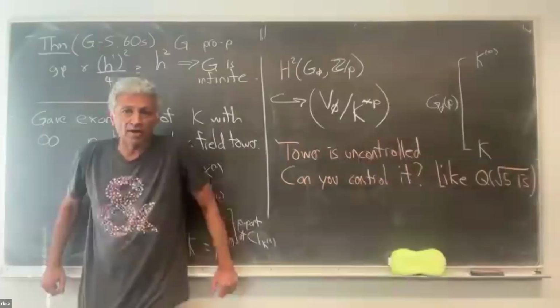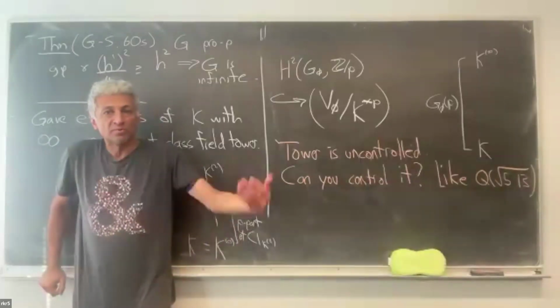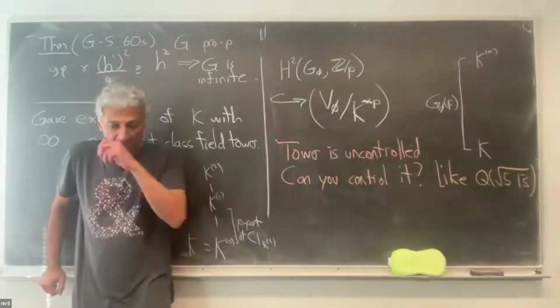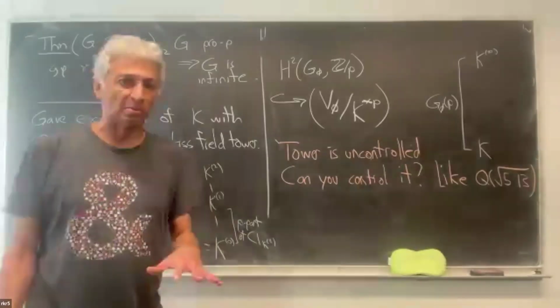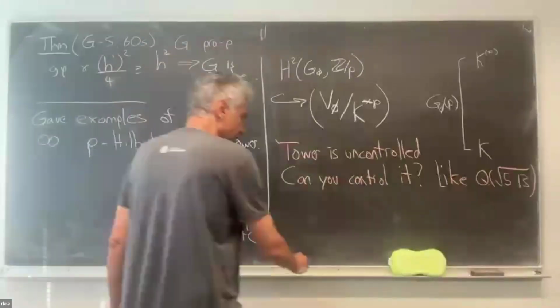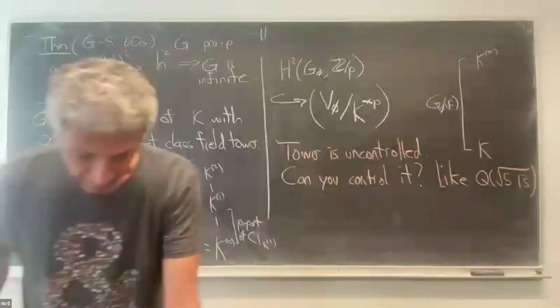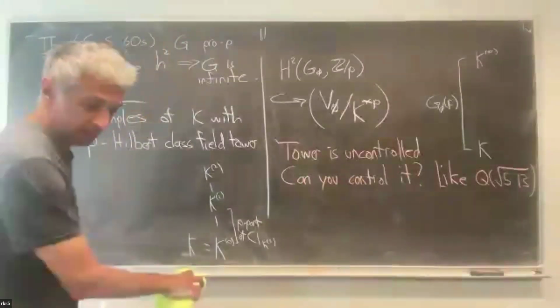Remember, we were able to control that tower. We made it be Z mod 2. With 5 and 29, it was Z mod 4. And maybe you could say I can control it to be big, but let's just try to control it to be small. Okay, and let me now state Ozaki's theorem